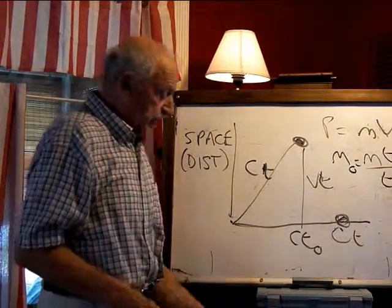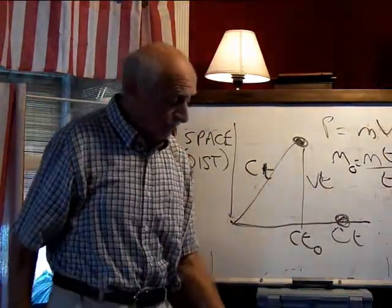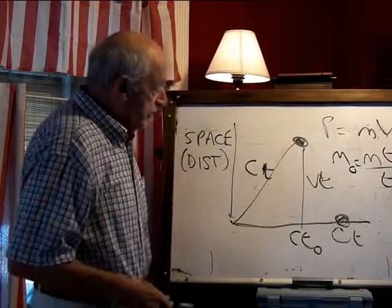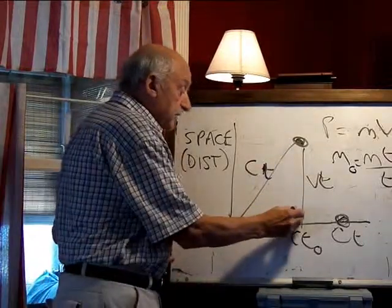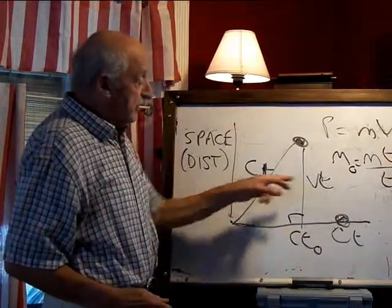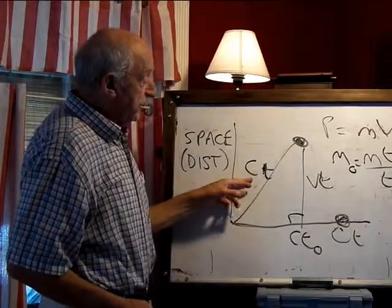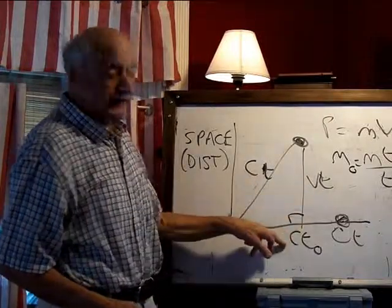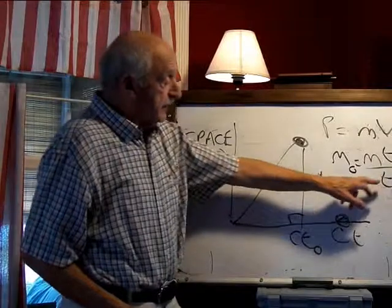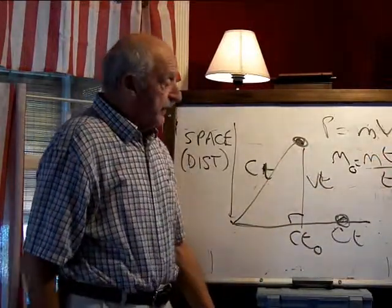Now, I'm going to give you the math. I'll leave that up there so you can copy it down if you want to. But the thing now is we can do some calculations, because that's a right angle, and the square on this side is equal to the sum of the squares on the other two sides. So ct squared equals vt squared plus ct naught squared, and mass is equal to the rest mass times the